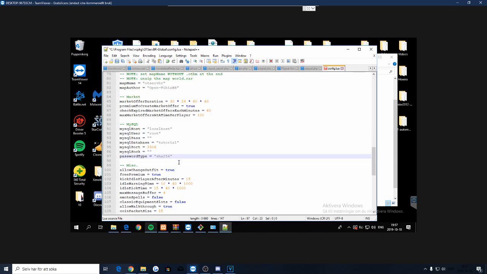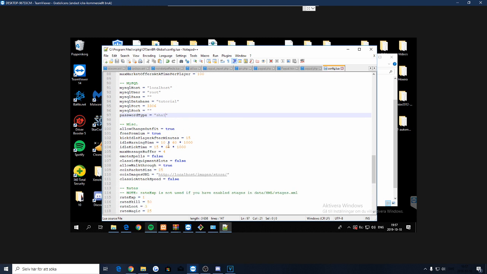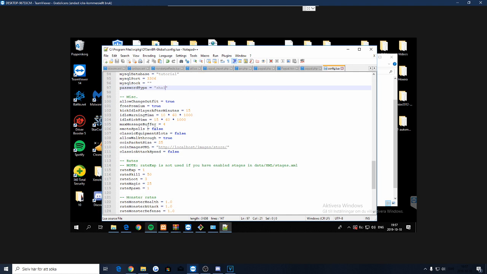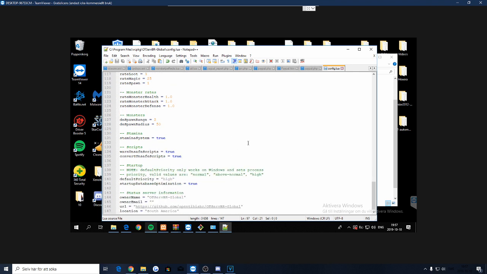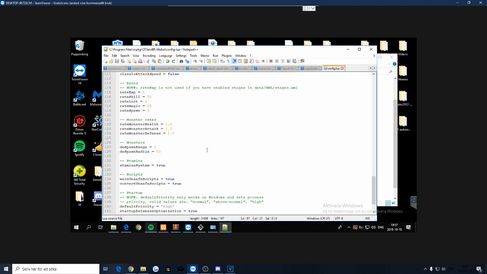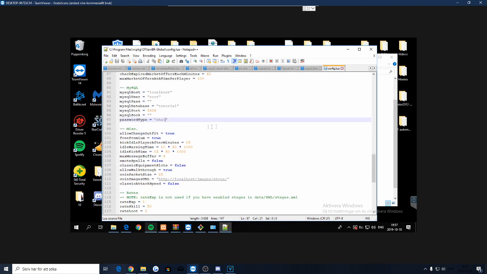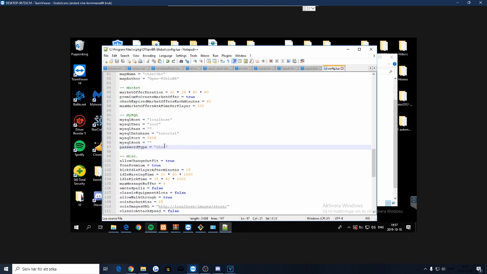So I'm going to use SHA-1 because this is just a server hosted on my own PC, and I'm not going to take this up for other players to play on. From here you can change everything from stamina system and etc. So once you put in your database etc, you can close this down,